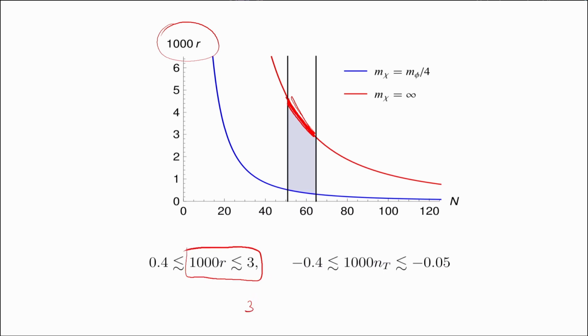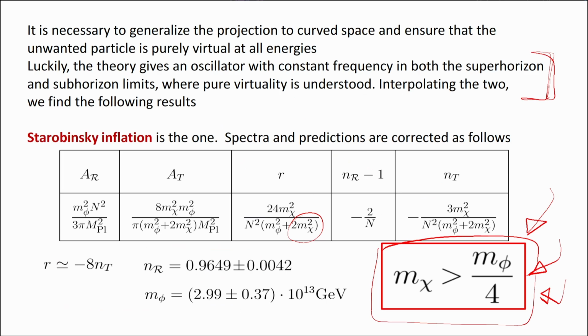If you have theories with ghosts, Strumia, Salvio, and other Russian people, anything below that, anything. But if you have purely virtual particles, only this tiny window is allowed. So basically what I think will happen is that the first results will be a striking confirmation of the Starobinsky prediction,